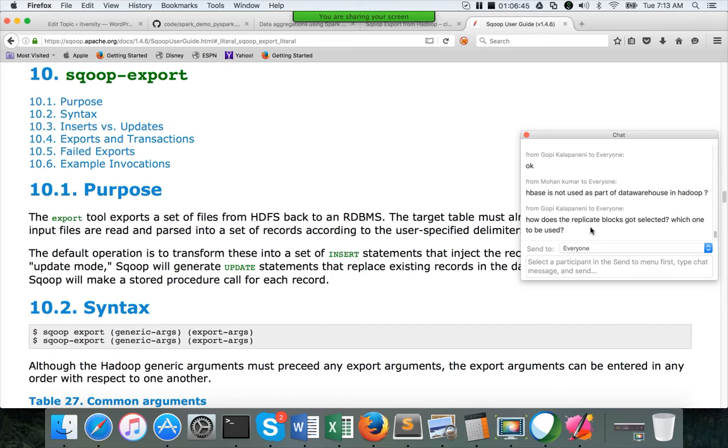There are multiple factors when it tries to choose the blocks. First one is data locality, second one is the load on the node.